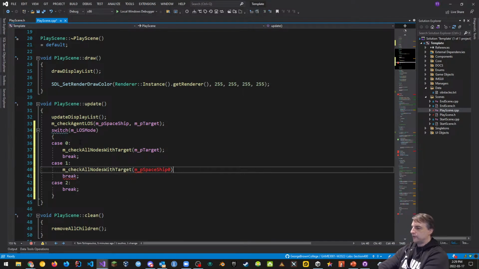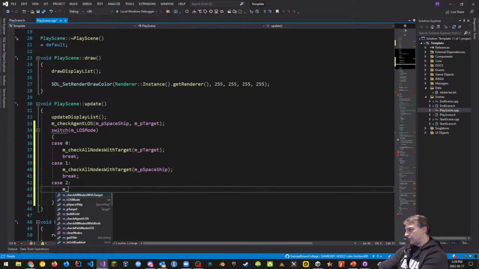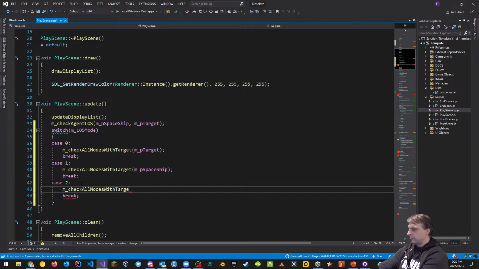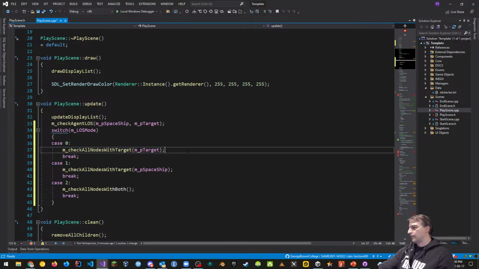So there's two different targets we can check, right? Because we can use the same function to check nodes with one or the other. And then finally, we can do m_check_all_nodes_with_both. Okay, so that's the target, that's the player, and that's both.